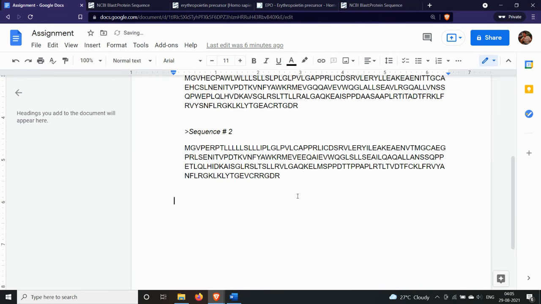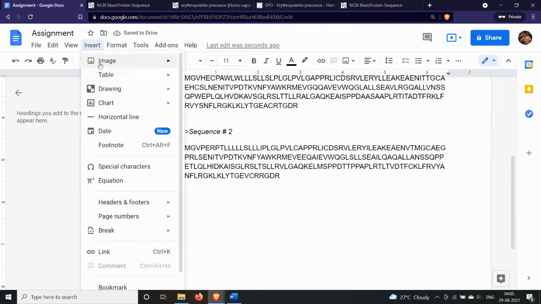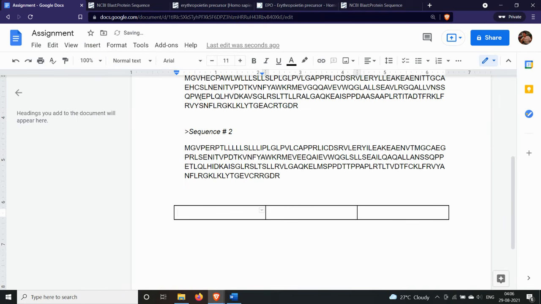We make a table. We have to note down the sequence number and the properties, that is the organism and the gene which is present. Sequence number, organism and the gene name.